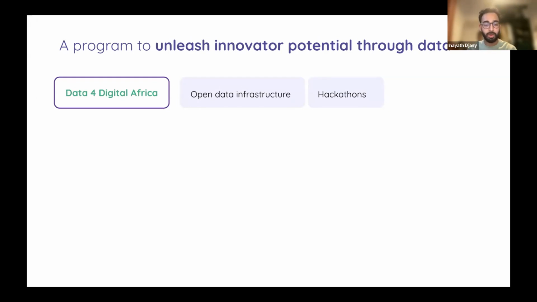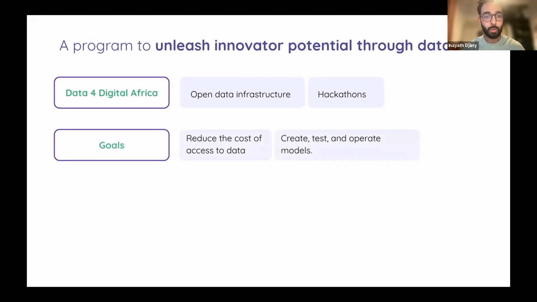So here we are talking about the hackathons, but the hackathons are just one step of this project. The end goal of this project is to have an open data platform with access to data and access to models, so that everyone can plug into this open data infrastructure, and test and develop their models.